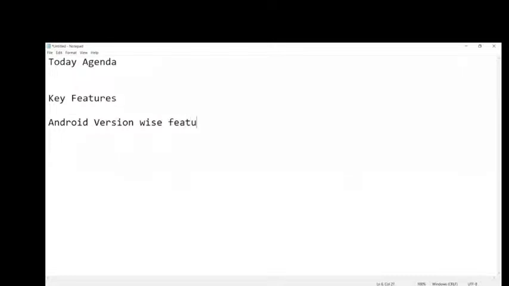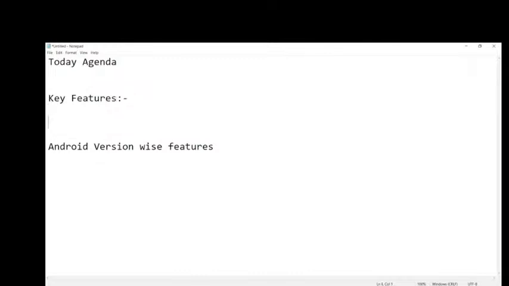So these two topics we will concentrate on in this session. So, key features. What are the key features? It has a lot of key features. Of those, a few key features we will discuss here.